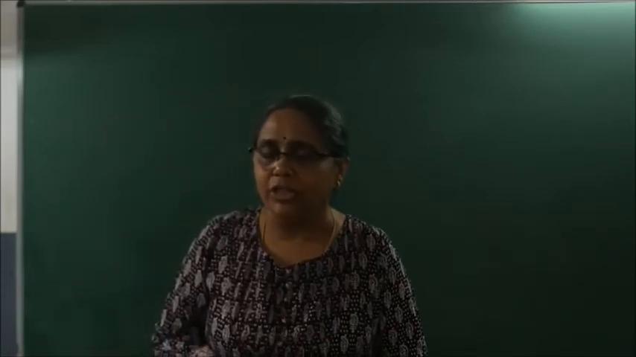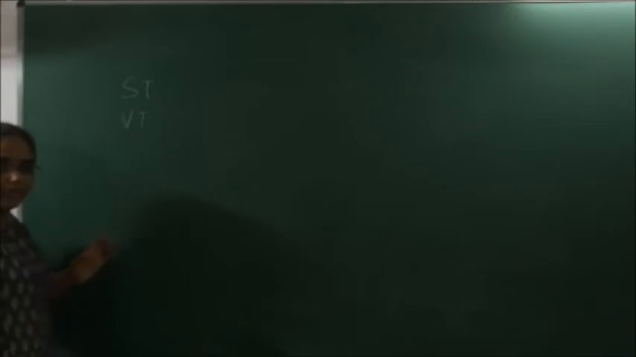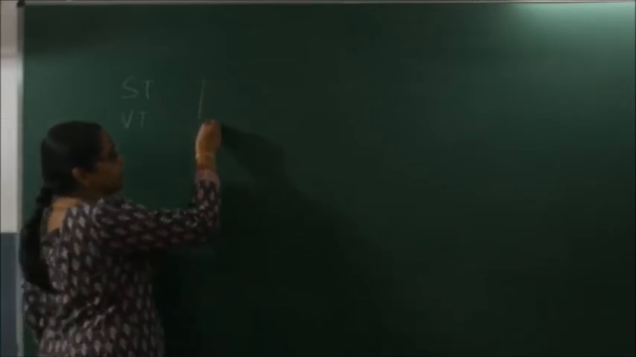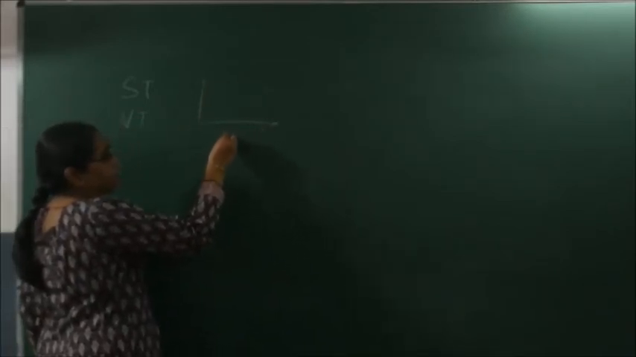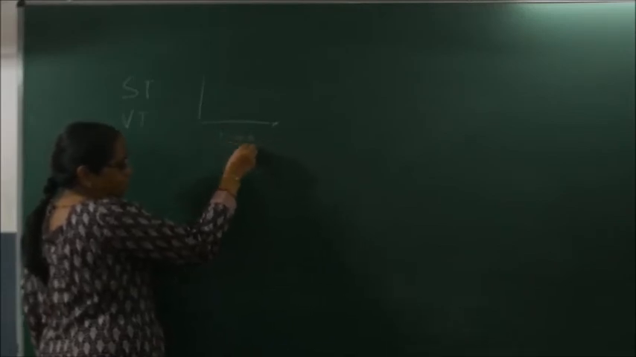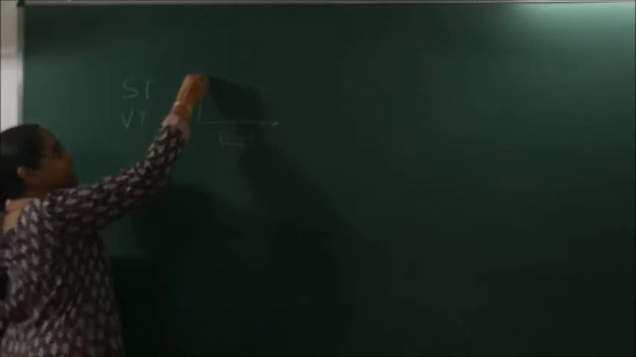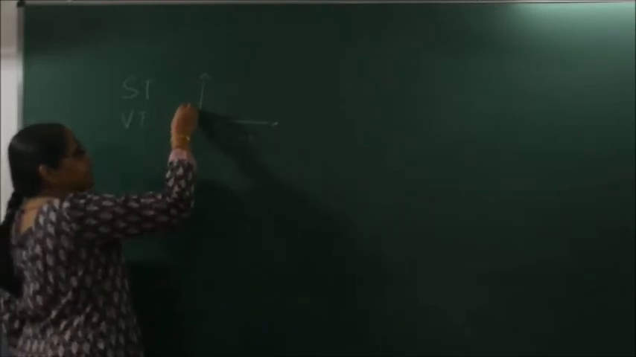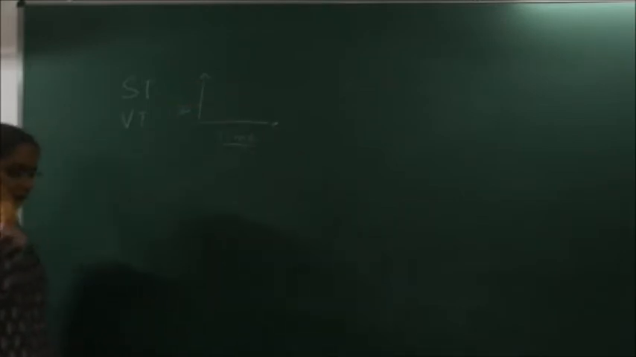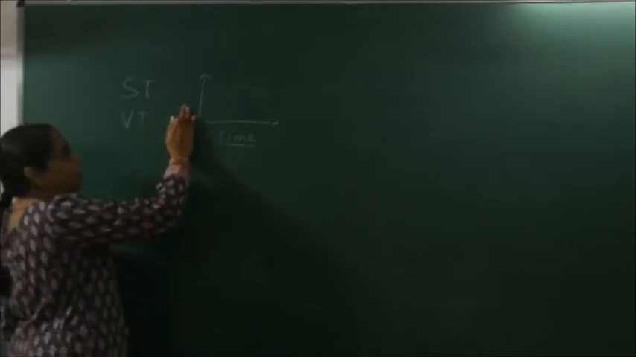So yesterday we studied that there are two kinds of graph, distance time graph and velocity time graph. Distance time graph is written as ST graph and velocity time graph is called VT graph. In both graphs, time should be taken on the x-axis. Time is always measured in seconds. And in the distance time graph, the distance or displacement is taken on the y-axis, and in the velocity time graph, velocity is